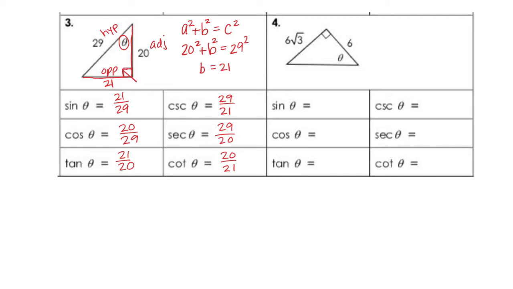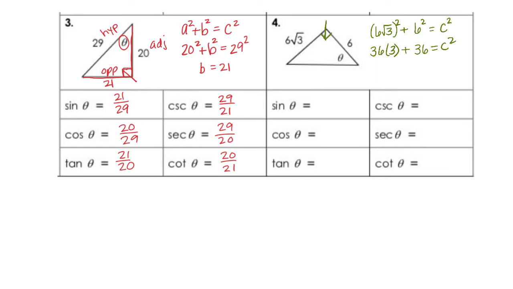Now, you do need to be careful when squaring this. You are squaring the whole side. This time, pointing out our hypotenuse, that's the part that's missing. So we have one side, and we need to make sure we put 6 square root of 3 all in parentheses, especially if we're typing this in our calculators. And that's going to equal our missing side squared. And so when we square this, you do need to square the 6. And then if you square the square root of 3, that's just going to generate a 3, plus 36 equals c squared. And so solving this either with your calculator or whichever, it looks like we're going to end up with